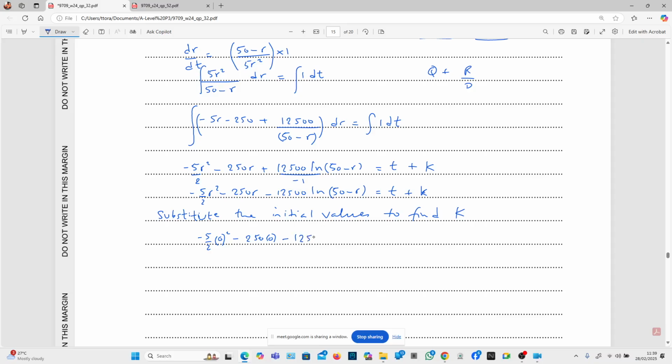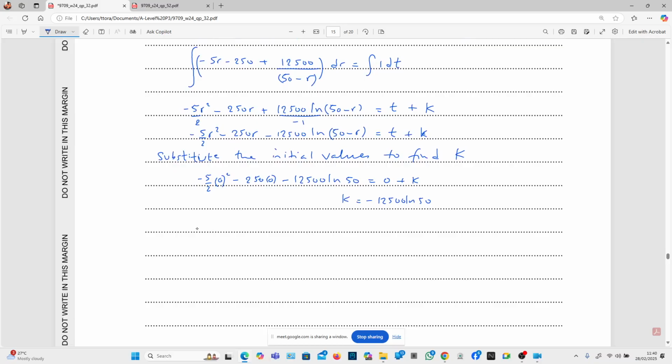So minus 12,500 ln of 50 minus 0, which is 50, is equal to t. At the start, the time is 0, so it makes sense to me. So this is 0, and then plus our k. So basically now what we have is k is equal to minus 12,500 ln 50. So if I rewrite my differential equation, I'm going to get minus 5 over 2 r squared, minus 250r, minus 12,500 ln of 50 minus r,